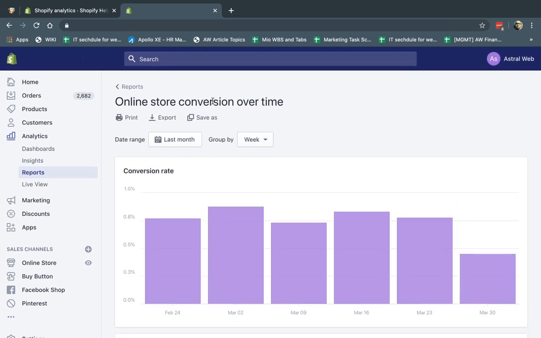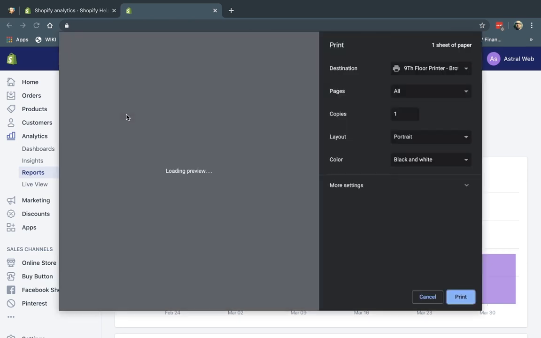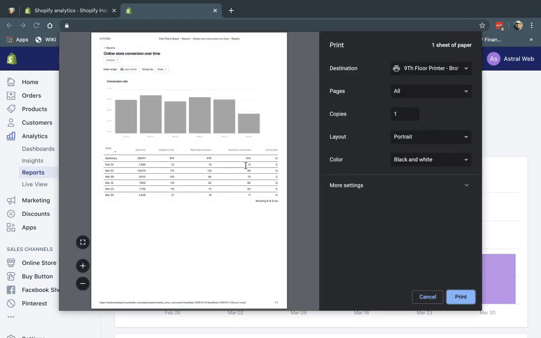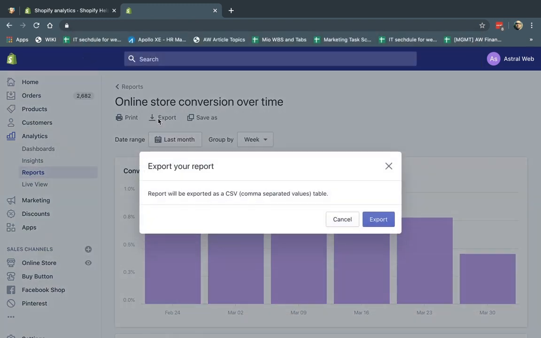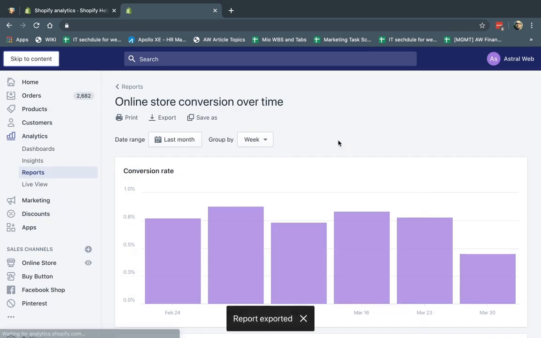Okay. So what can you actually do on all of these reports? Any report you go to, you can, first of all, print it. Okay, and you can see the printer and you can see all the data. That's good. You can print it, look at it. You can export it, and you can export and get a CSV. Basically, a CSV is a comma separated value file that you can open with a spreadsheet, with Excel, with Google Sheets, etc. If I click here, I'll be able to download it. Okay, that's great. And I can also save it.